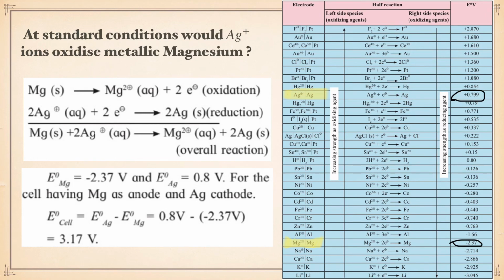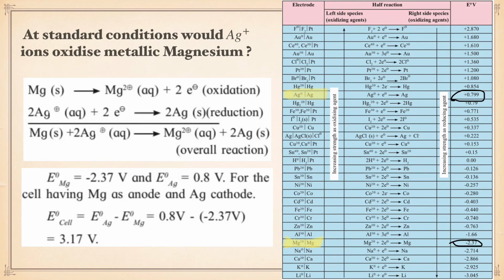So once we have written the reaction, now we want the E0 value for both. Okay, so we'll see the electrochemical series. Now it is very simple. If Ag is at cathode and if it has a higher value, that means the reaction will proceed. That means Ag+ will help to oxidize metallic magnesium. But if the value of Ag+ is less, that means this won't happen. So we'll just observe in the electrochemical series.